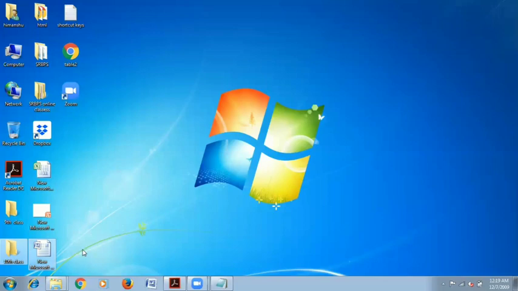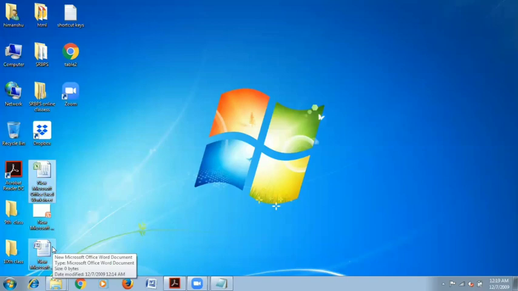There is one more way. For example, you wanted to select this file and this file at the same time, to move these two files into that particular folder. So what you will do is, you need to select this file. Fine, you have selected this file. Now you need to move your cursor to another file which you wanted to select. Now press Control and left click. Now these two files are selected. See here, I can move my cursor here, but these two files are selected.